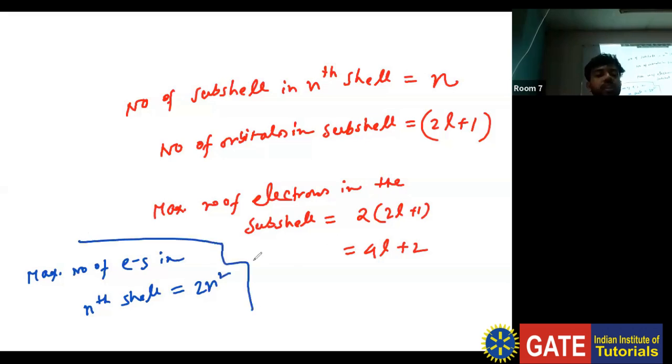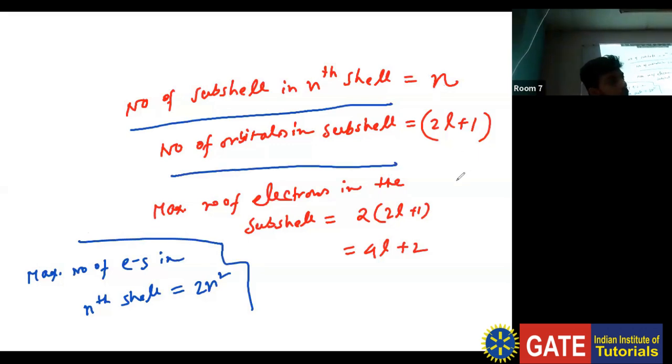Don't get confused with this. The number of subshells in the nth shell is n. The number of orbitals in a subshell will be 2l plus 1. The maximum number of electrons will be 4l plus 2. Now apply the formula. Let's back check. Suppose, for example,